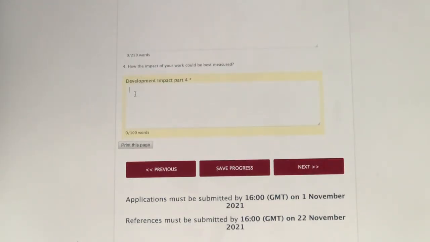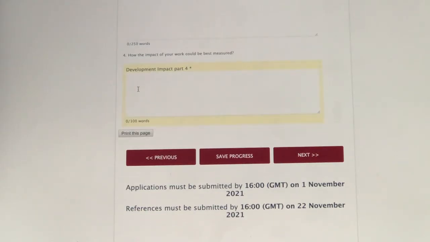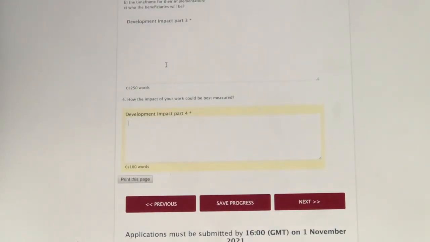So you can say that a reduction in cancer deaths. So you can say something like that, but make sure that it's linked to what you have written above.